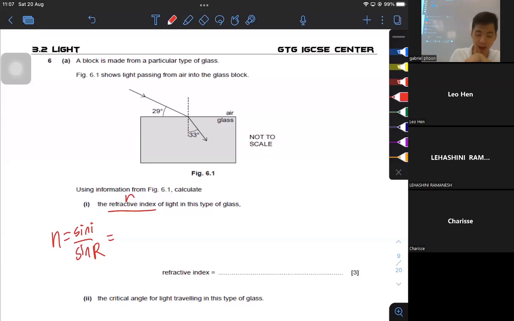Okay, you have to understand that the angle is always, I've mentioned this many times, always with reference to